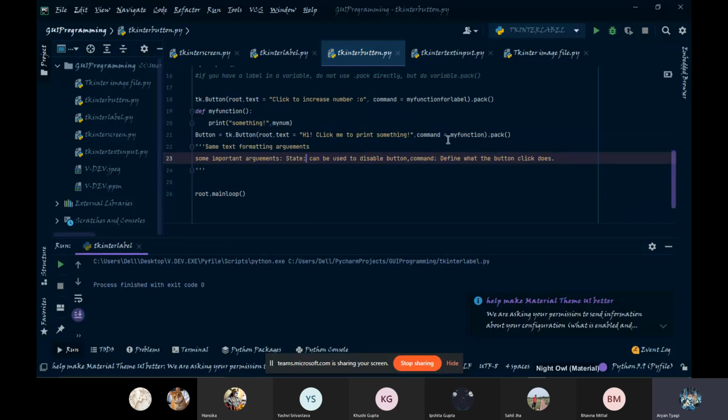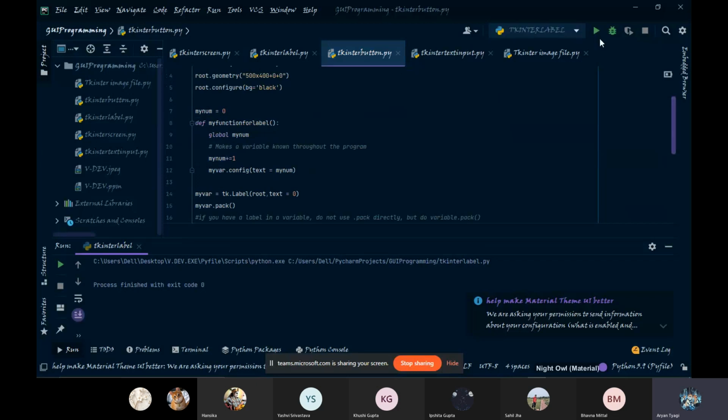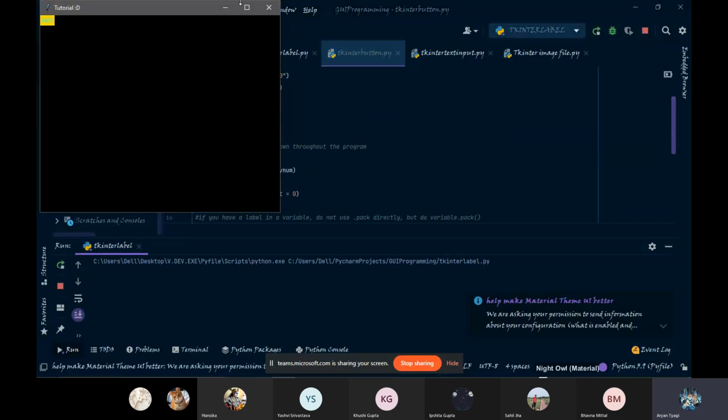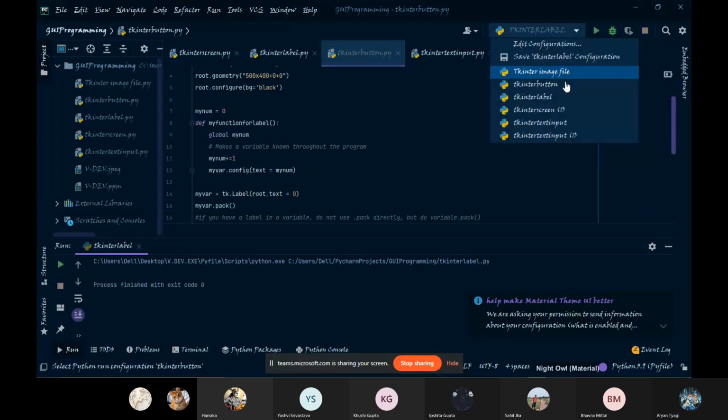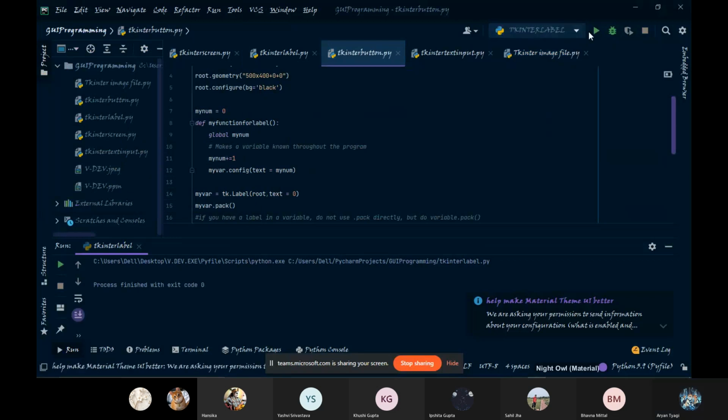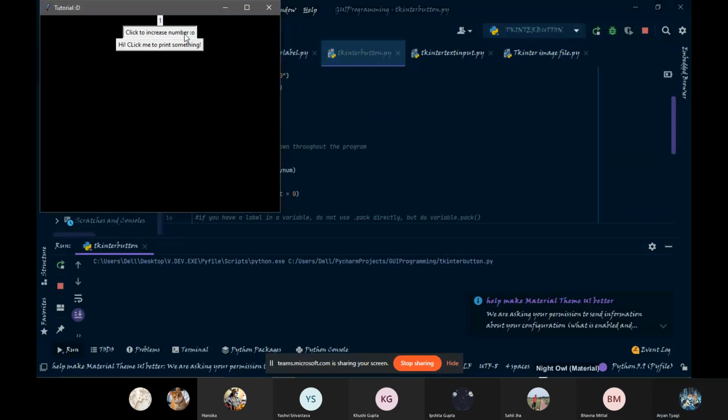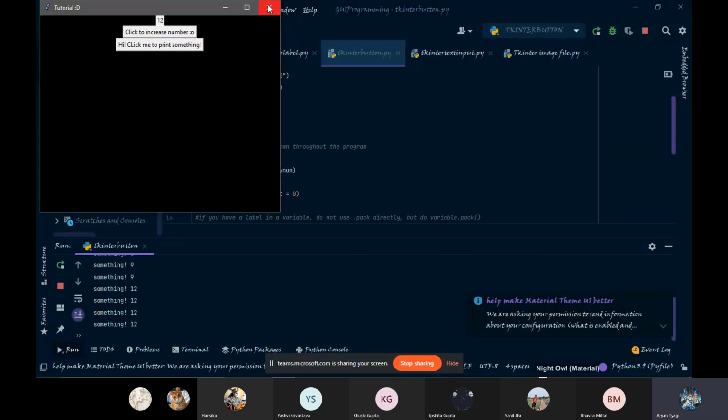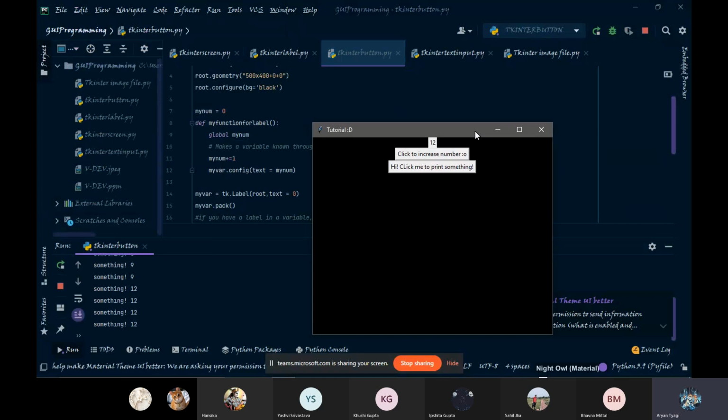If I put state equals disabled, I will do that later, I guess. As I already demonstrated what this code does, let me just show you again. You can see that this is the basic version of a button.